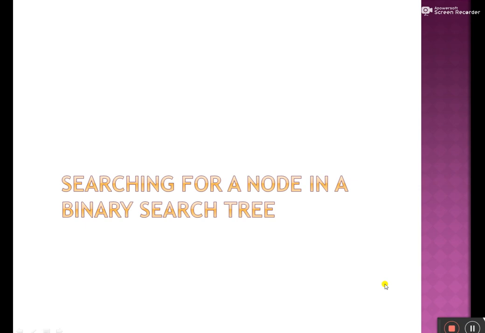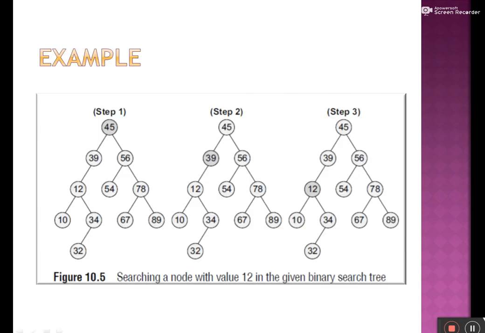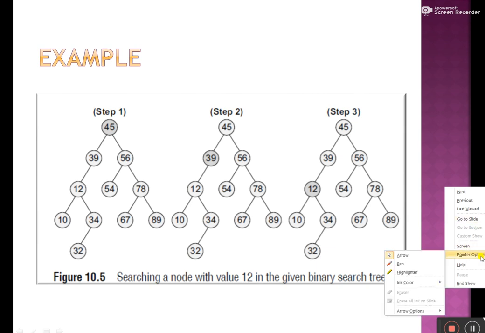However, if there are nodes in the tree, then the search function checks to see if the key value of the current node is equal to the value to be searched. If not, it checks if the value to be searched for is less than the value of the current node, in which case it should be recursively called on the left child node. In case the value is greater than the value of the current node, it should be recursively called on the right child node or right subtree. Okay, now this is an example.